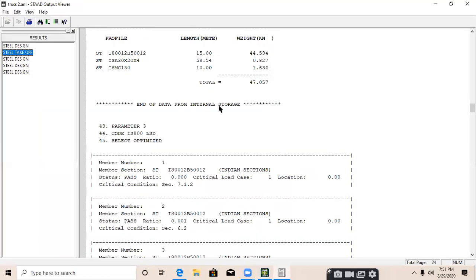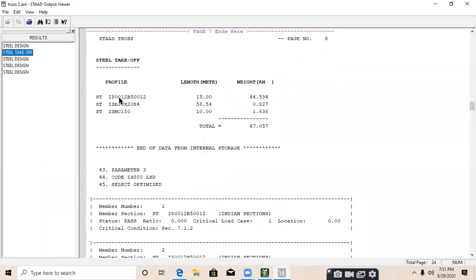It will show you the member section required, like 800, B512, 15 meter length of the section required, which we have provided at the base of this particular truss, and weight in kilonewton, 44 kilonewton weight of that particular member. ISA 3024 we need 58, which we have assigned, and ISMC 150 we need 10 meters, and the weight is 1.636.